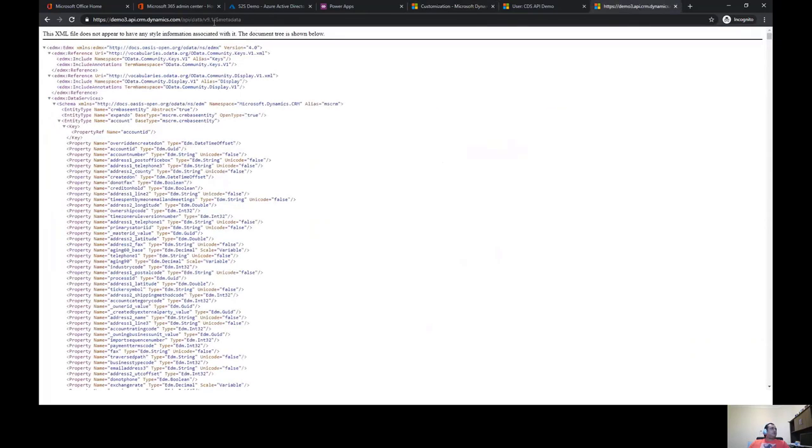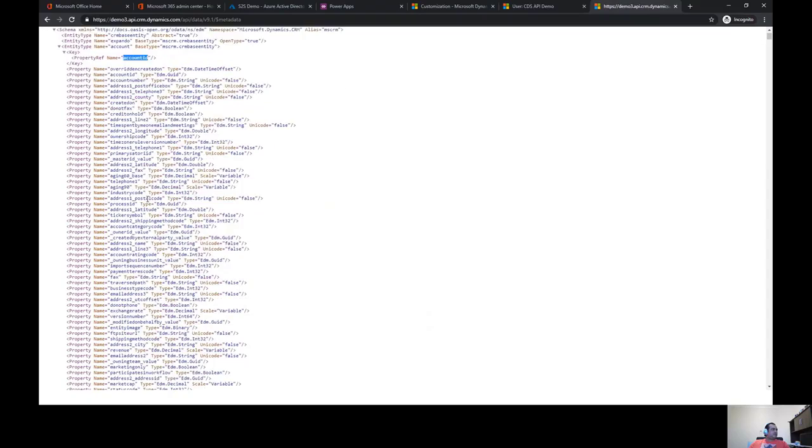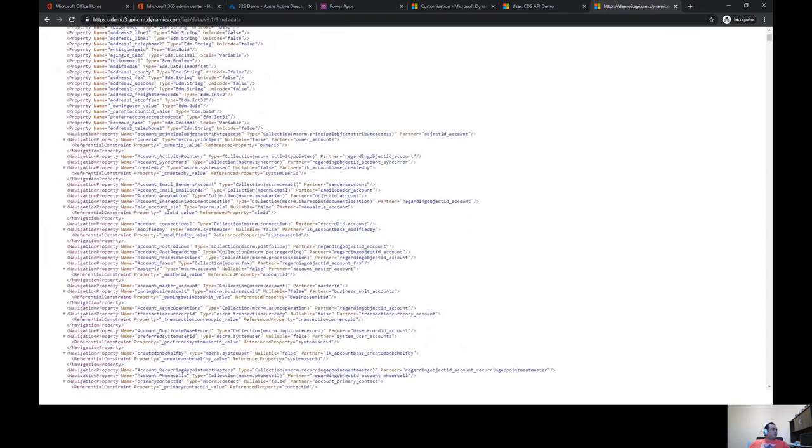You enter your URL in the browser and you do a hash metadata, and it would load the whole payload. So here you can see you have the account entity. The account entity has a primary key of account ID, and these are all the properties. And below the properties, you have all the relationships.